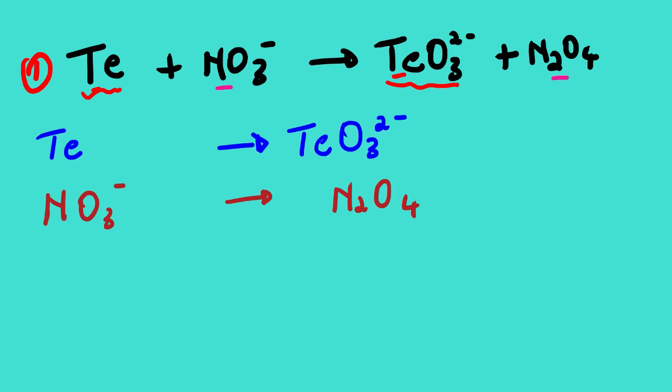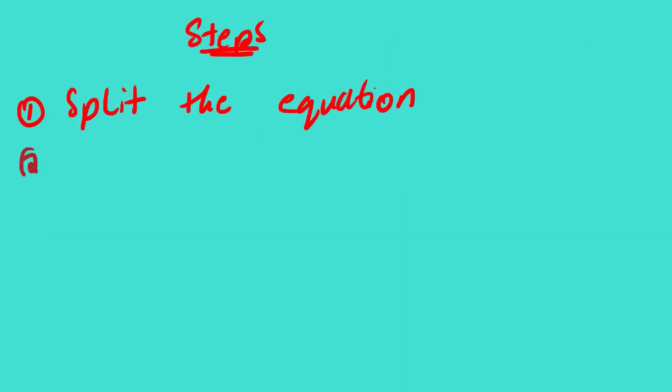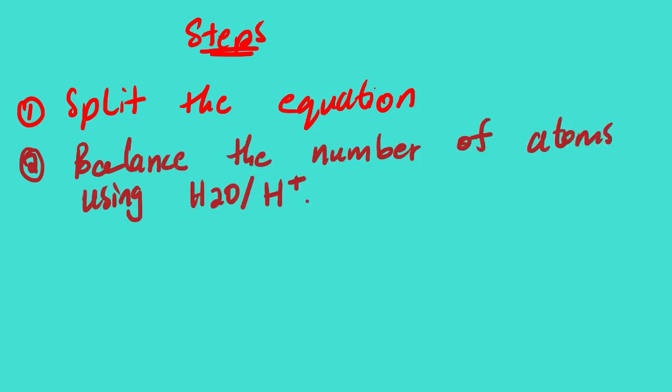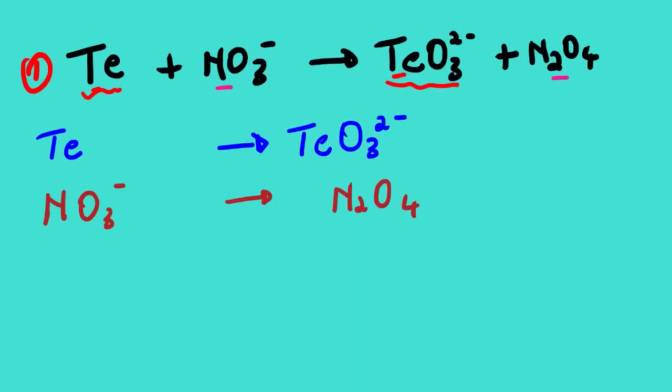Now the second step that we need to do, we need to balance the number of atoms using H2O and H+. But we also use our common balancing method. In this case, you can see that Te has one atom on both sides, so it is balanced. Now we can see that oxygen is an element that we don't have on the reactant side. So we need to balance it using H2O, since an H2O molecule contains